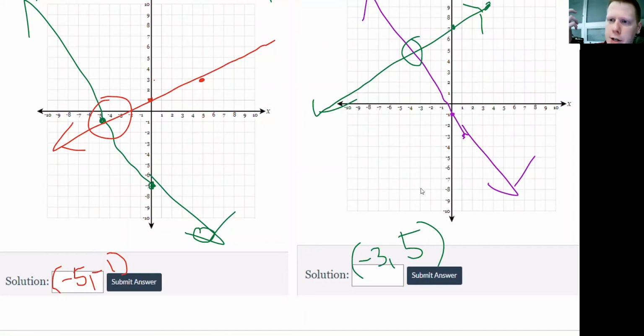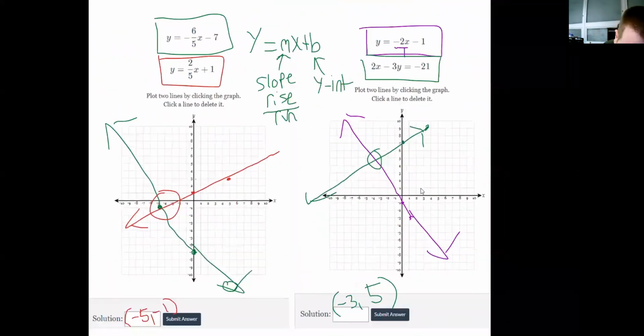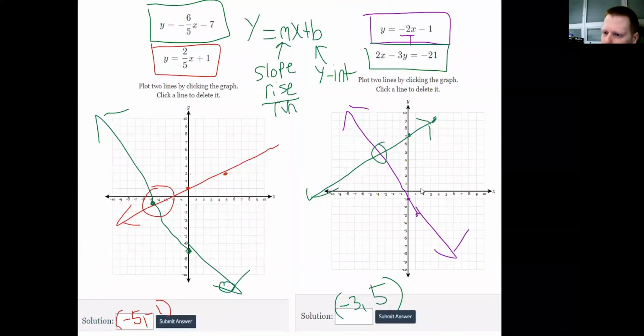Like I said, when you're in Delta Math, you're going to click 2 points. It'll sketch it for you. So that will not be a problem. You won't get anything that doesn't look perfect when you look for where it crosses. So that's how graphing is going to go. Most of the problems in Delta Math that I'm going to assign are going to be like the problem on the left, or the first problem we did. And I'll put maybe